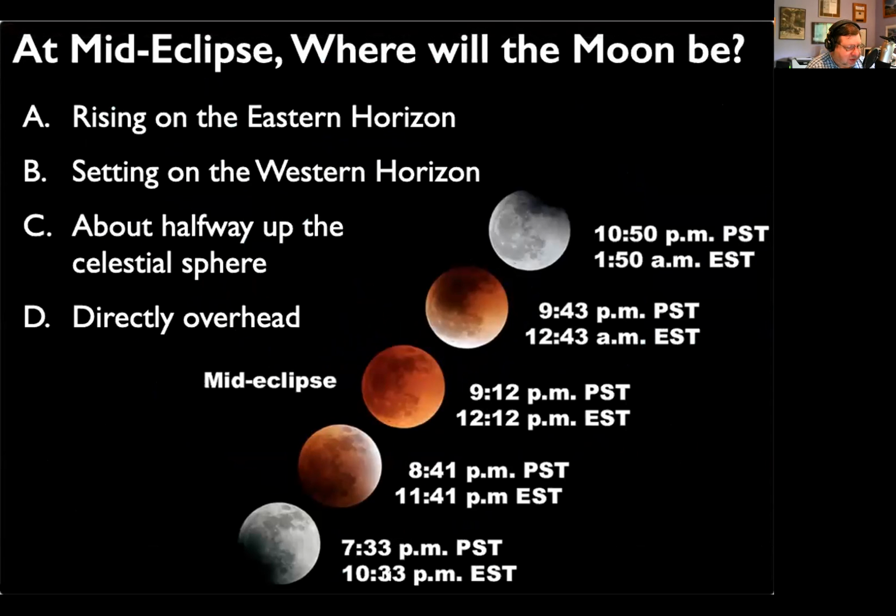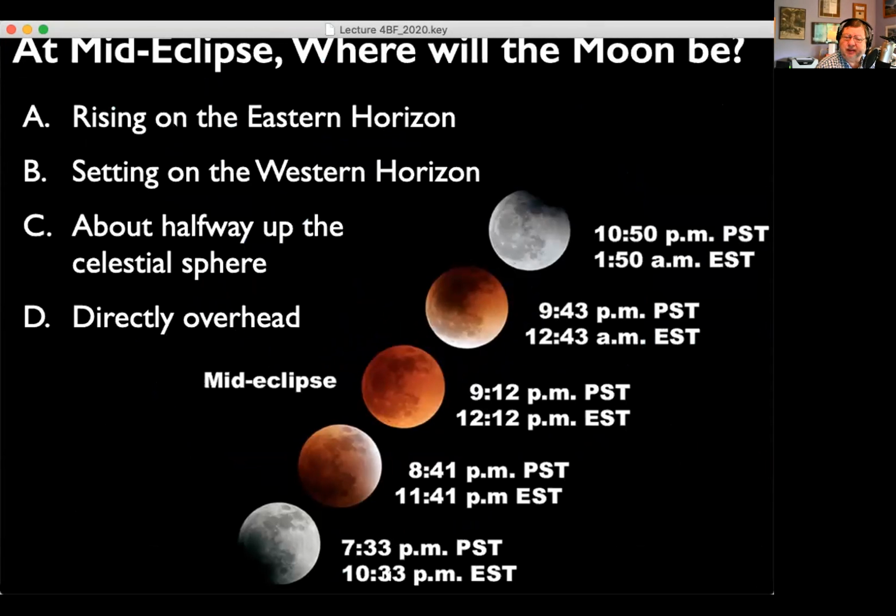Okay, so first quiz. Again, this is ungraded. Let me bring this up. This is lecture 4. So at mid-eclipse, where will the moon be? Rising on the eastern horizon, setting on the western horizon, about halfway up the celestial sphere, directly overhead. And so now the question is that you're given the timing here, okay? And this is in our location. So we're going to look at Eastern Standard Time, okay? And if you look at the time,